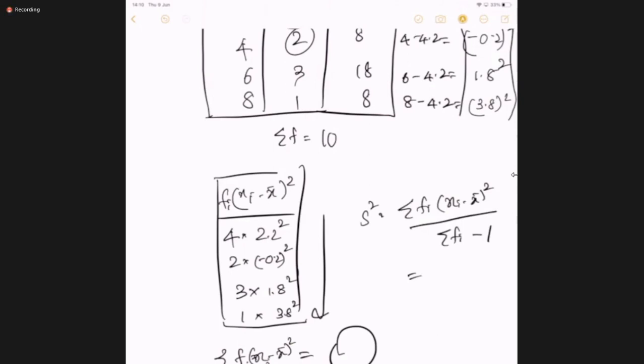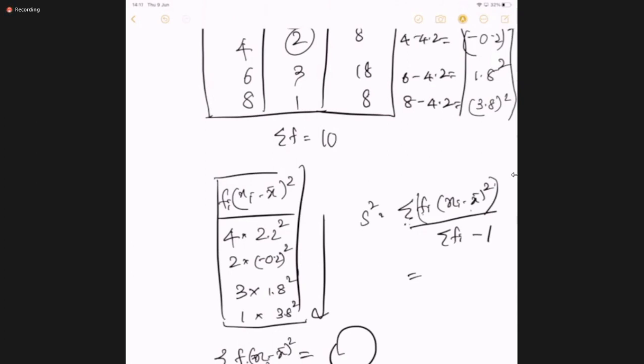This is not sigma fi. This is sigma fi times xi minus x bar squared. This summation is common for fi times xi minus x bar squared, not for the fi only. It's common for both terms. Therefore, substitute fi times xi minus x bar squared